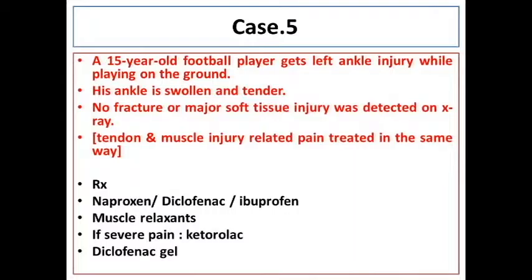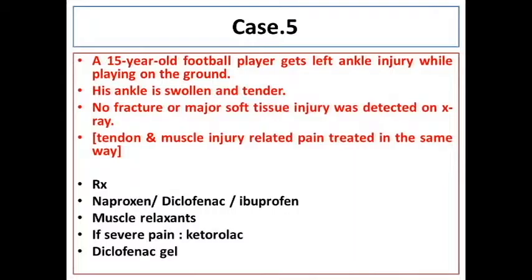Now if the pain is very severe, and especially if you need to give an injection of the non-steroidal drug, probably ketorolac, because it's a potent analgesic. It's a very potent NSAID, and it is the choice often in the emergency departments. And in this respect at least, the NSAIDs are better than using just simply paracetamol. Paracetamol may not help you much in this. It can be an add-on if you want, but not as something which is primary. Exactly, and again, the addition of a gel of diclofenac or a spray, local applications might help.